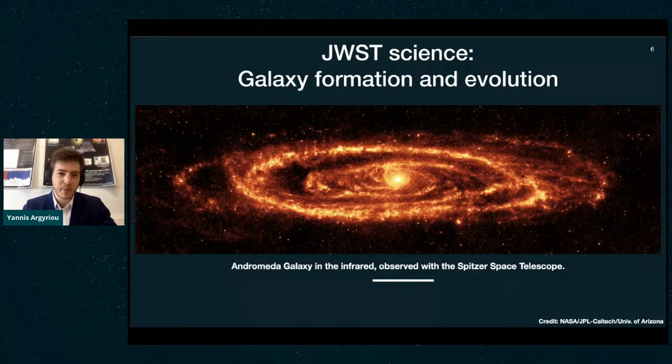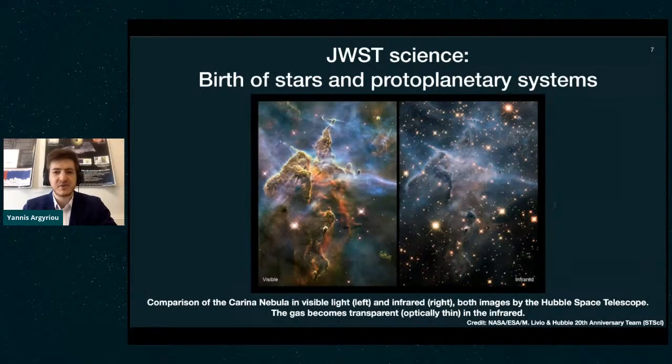So pack your bags. The second science theme that James Webb will tackle is the birth of stars and protoplanetary systems. As I mentioned, we'll be taking measurements in the infrared. In this slide, I show you a difference between taking an image of the Carina Nebula in the visible on the left-hand side, visible wavelength range, and in the infrared. As you can see, the gas that is non-transparent in the visible wavelength range becomes transparent in the infrared, which allows us to observe a lot more stars and also the dust emitting from a lot of these